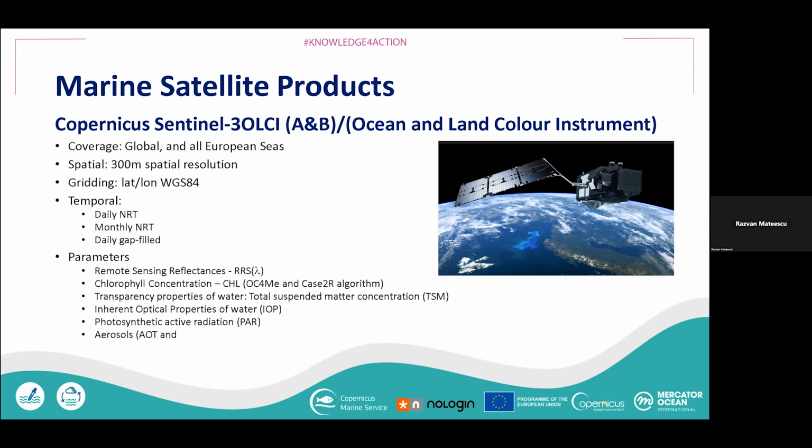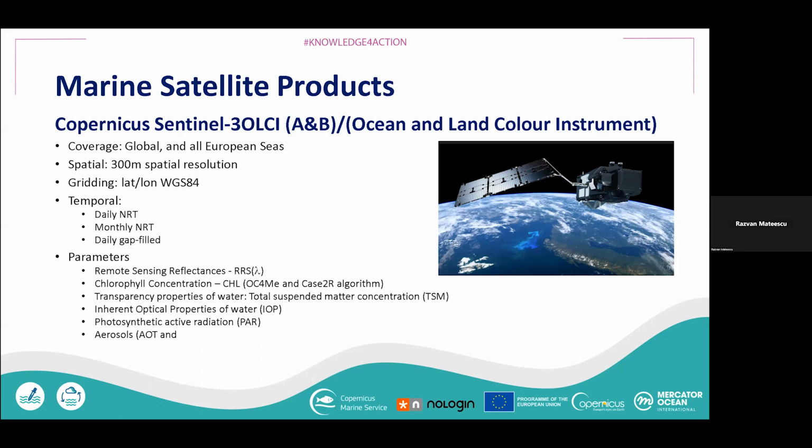For ocean color we have Copernicus Sentinel-3, launched in 2016 for ocean and land color. This instrument has global coverage and also covers all European seas, with a spatial resolution of 300 meters,